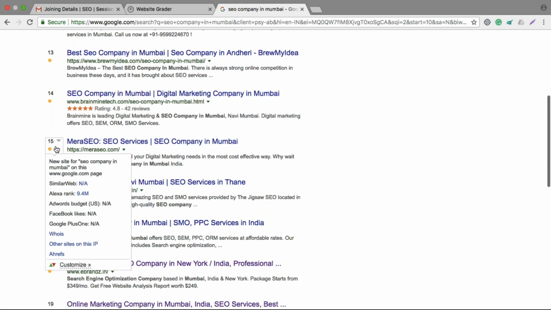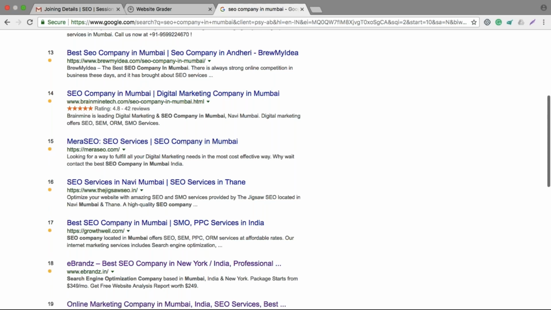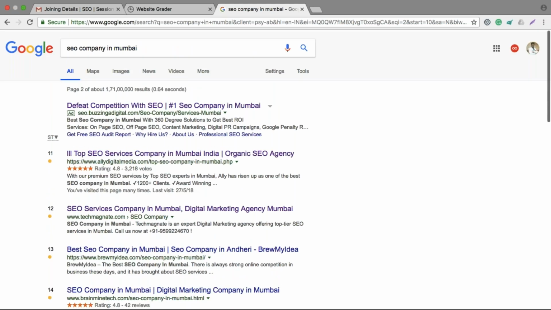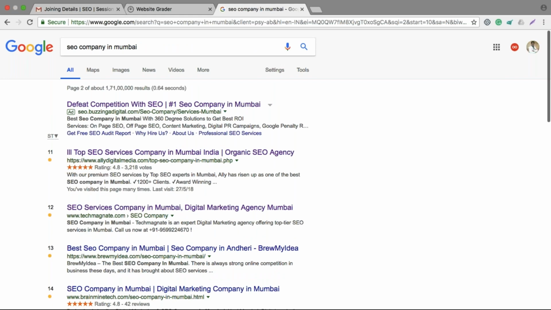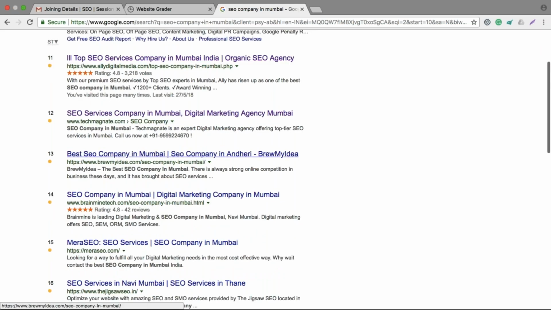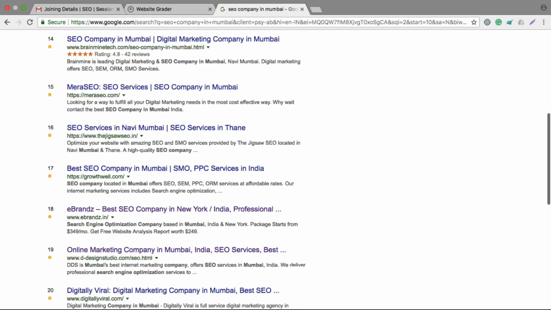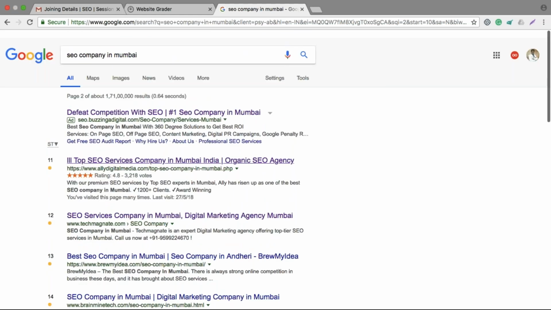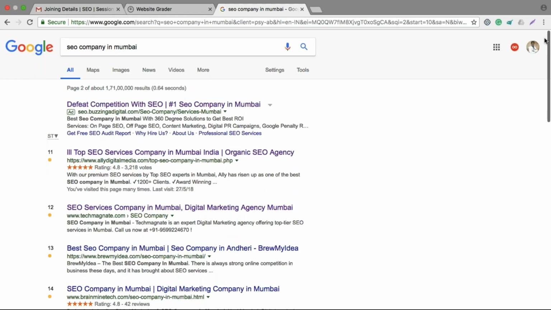Sometimes you also see a green triangle with an upward signal and a plus sign, +2, meaning that website has jumped by 2 positions. That kind of data it also provides. So this is more or less what we get to know from SERP trends.